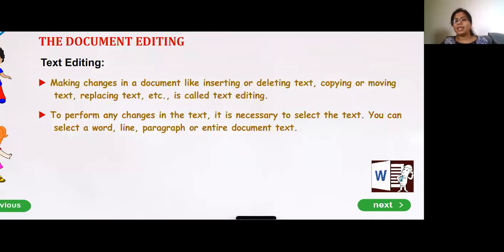Making changes in a document, like inserting or deleting text, copying or moving text, replacing text, etc. These are called text editing.